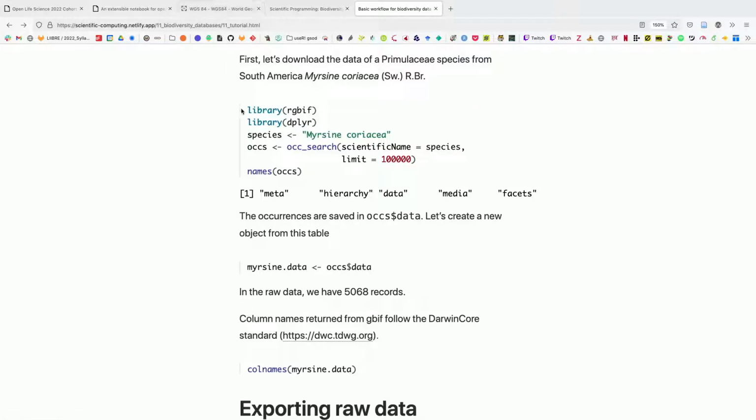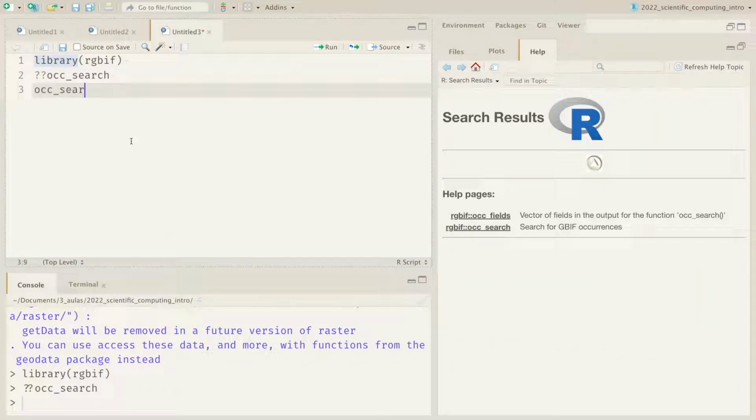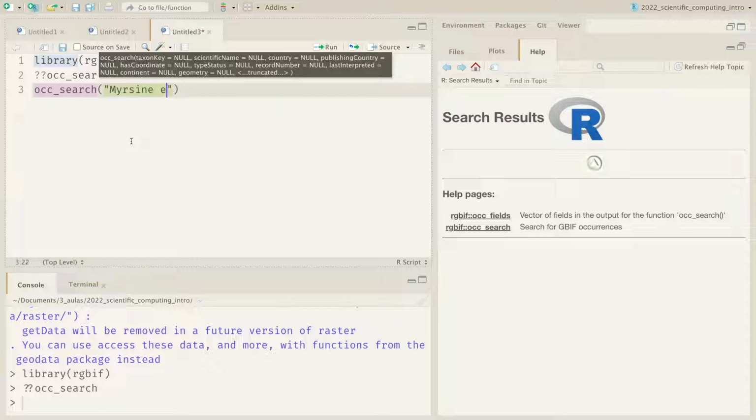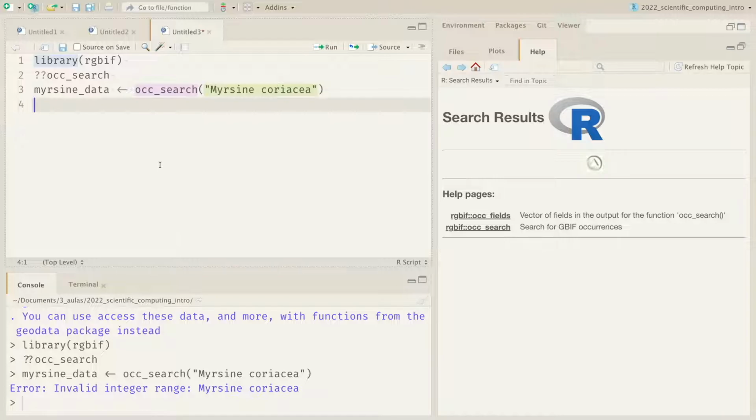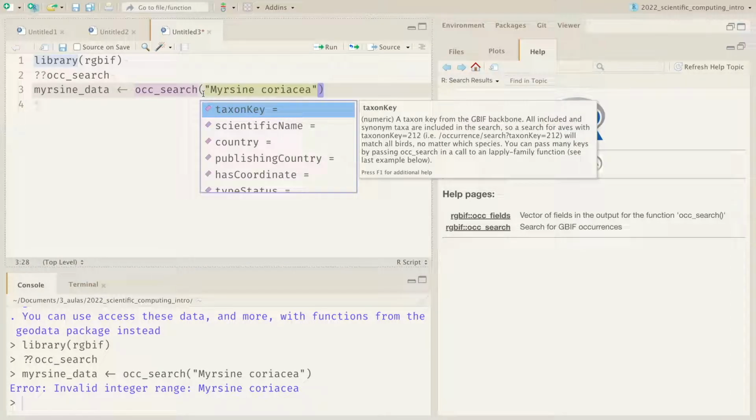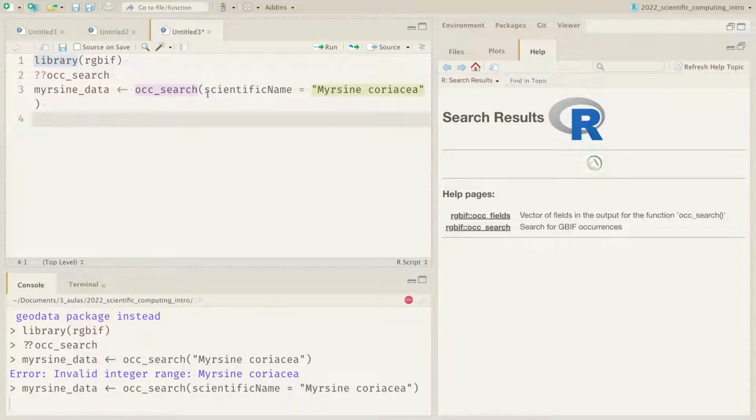what I did here was setting a species, and it's Myrsine coriacea. As I told you, occ_search is not exactly a very intuitive function, because if you do this, occ_search, Myrsine coriacea, you have to specify that it's the scientific name, and you have to go via the limit of the data, because